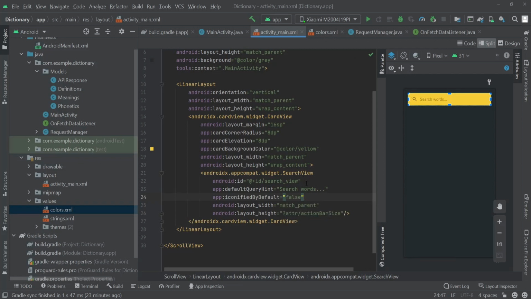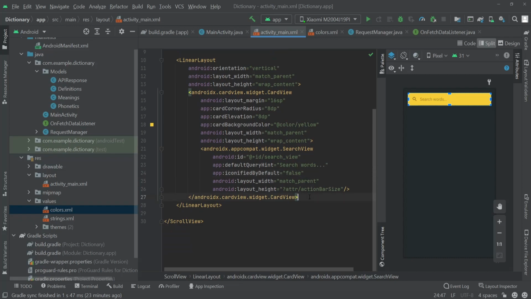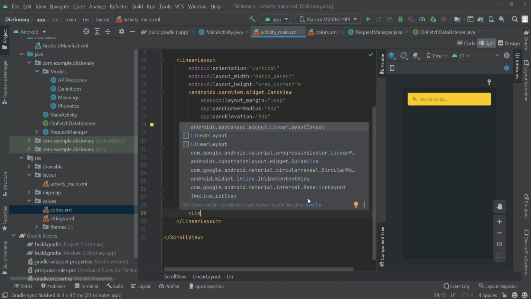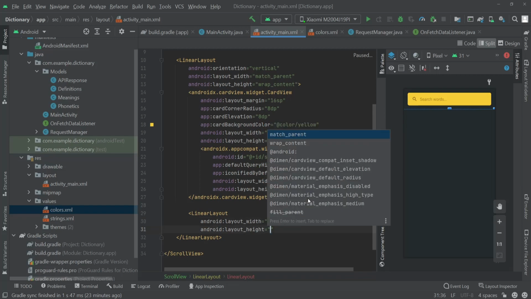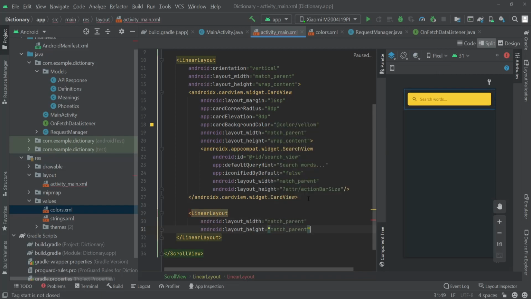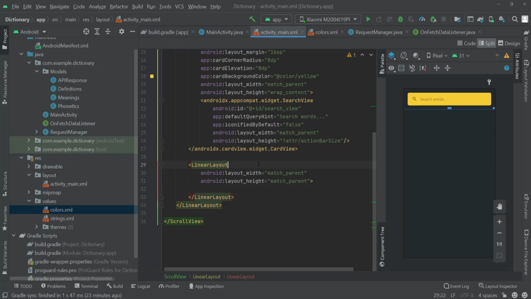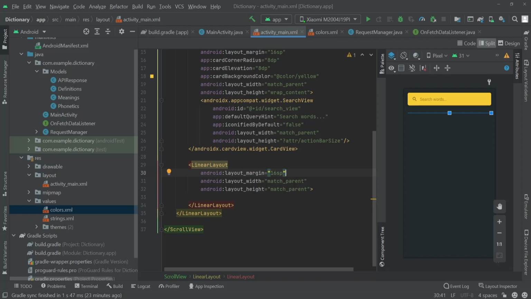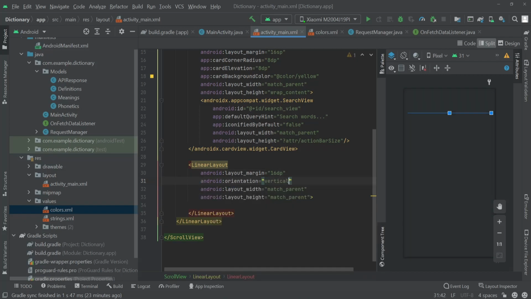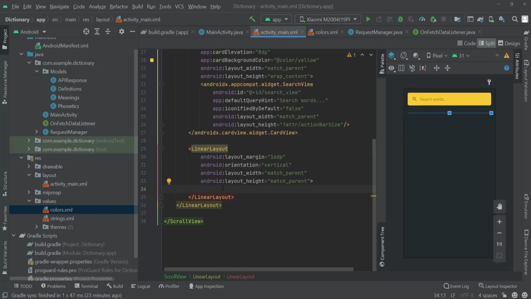Okay, so now under this search view, inside the card view, we have to create another linear layout. So I'll create another linear layout. I'll set its width to match parent and the height to also match parent, and let's add a margin for this layout also. So I'll write the margin as 16 dp. Sorry, I typed sp, it should be dp. Okay, 16 dp, and then I'll also add the orientation as vertical, and then we'll go inside this linear layout,